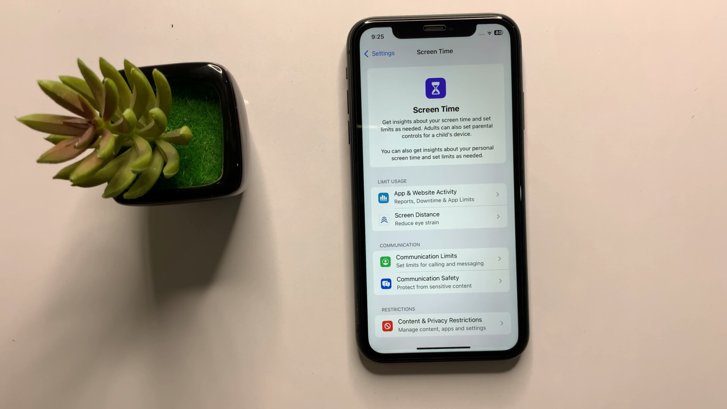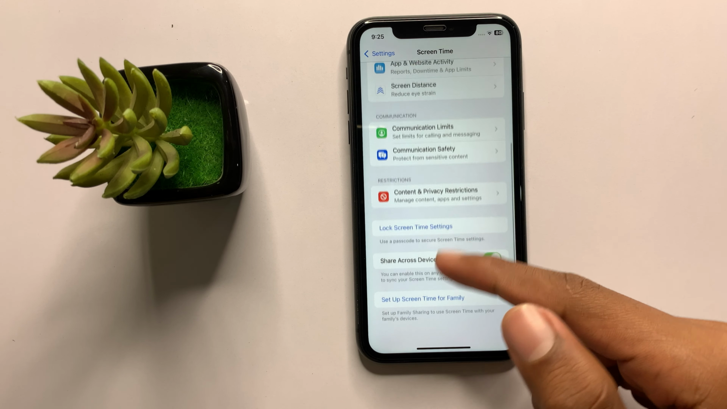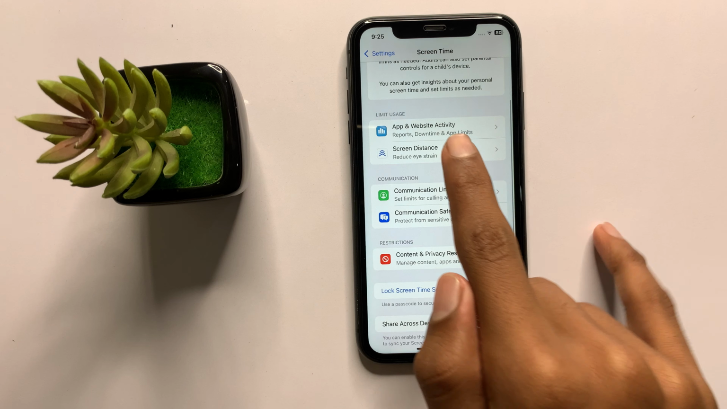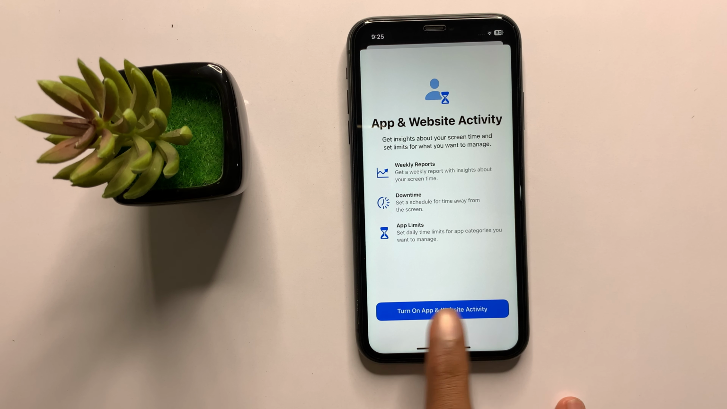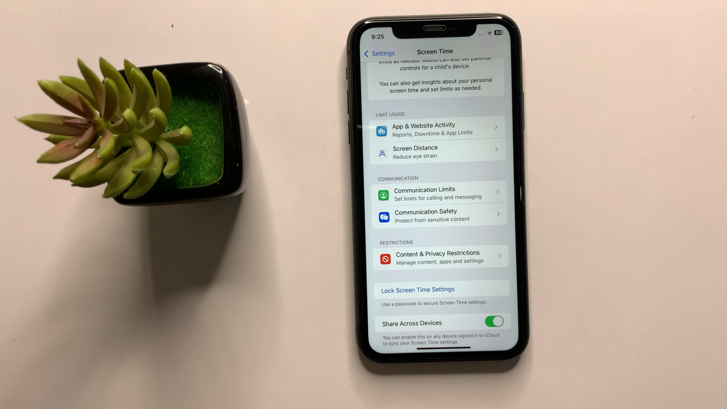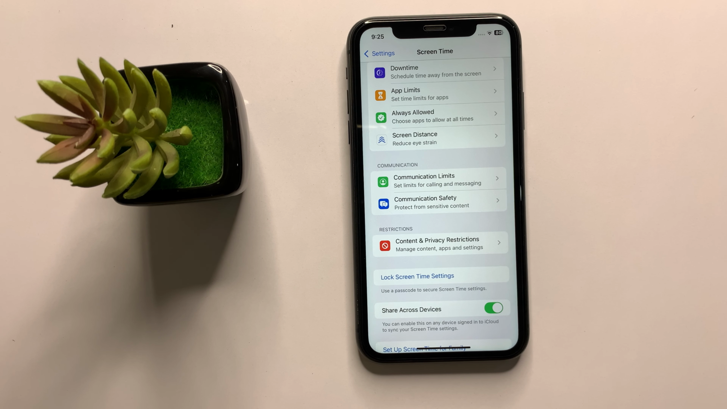And if you want to turn on your screen time, then simply turn these buttons on again, then click on apps and website activity and turn on apps and website activity. So this is the way to turn on or off screen time in iPhone